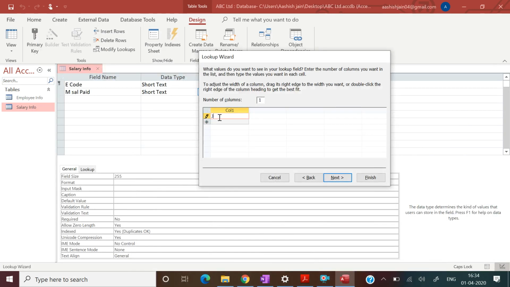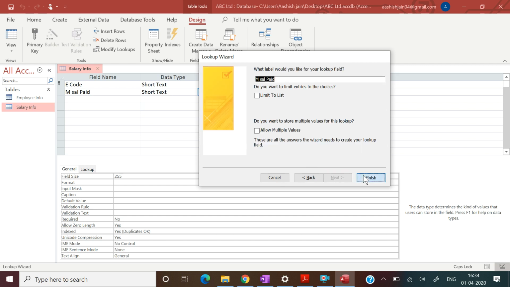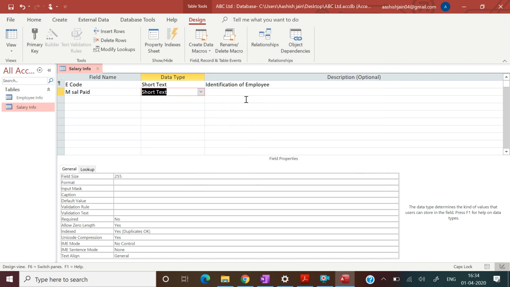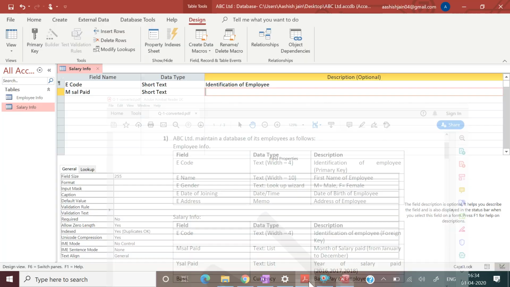So just let's create Jan, Feb, March, April, May, June, July, August, September, October, November and December. Next and finish. And this you may just need to write here month of salary paid.